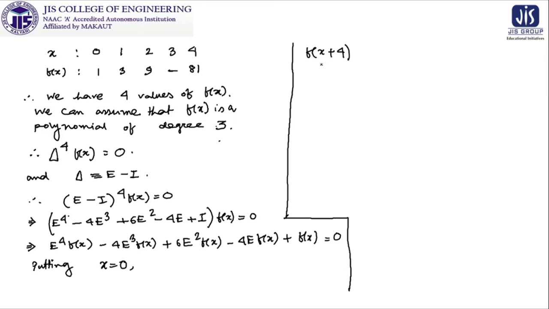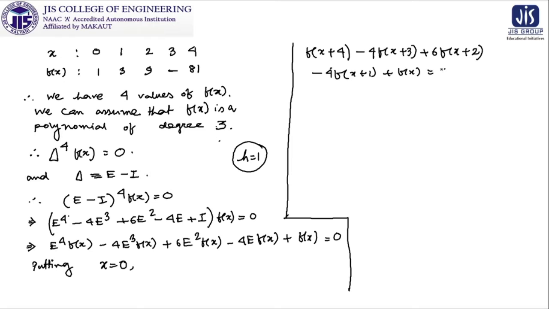Basically it is f(x+4h), and here we can see that the value of h is 1 because we can identify that the gap is 1, so it will be f(x+4), then minus 4 f(x+3), then plus 6 f(x+2), then minus 4 f(x+1) plus f(x) is equal to 0, and if we put x equal to 0 over there,